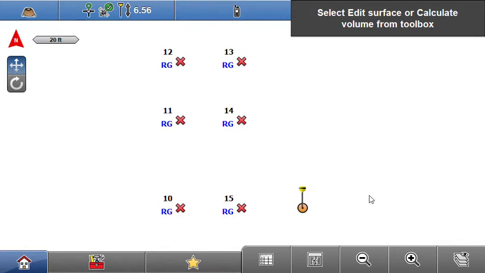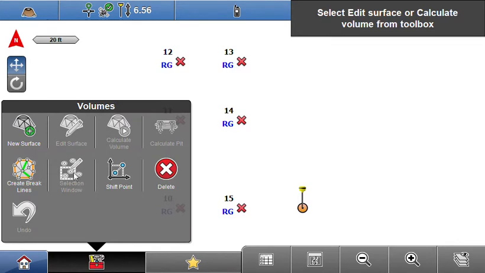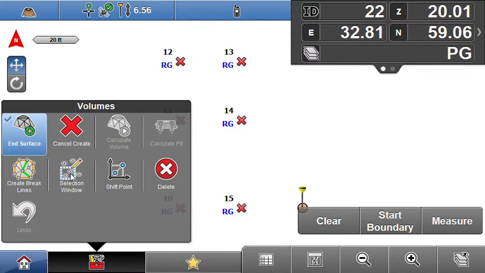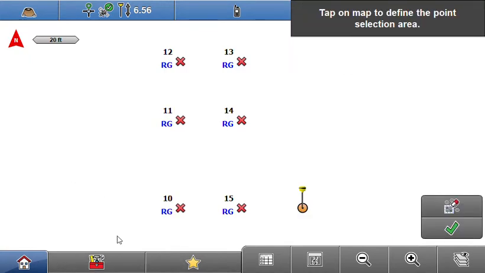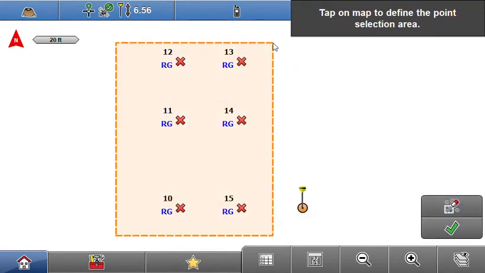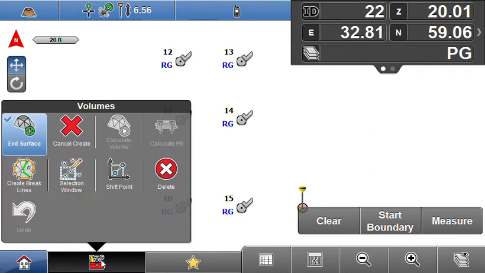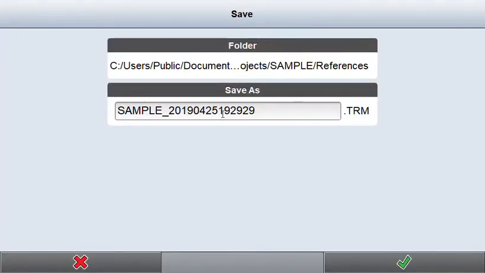So we're going to do the same thing here. We're already in volumes, and we're going to hit our toolbox again, new surface, and toolbox again, selection window, and we're going to say bottom left and top right. Obviously every job isn't going to look just like this perfect rectangle, but you get the point. So we're going to say green check, it highlights them, and we're going to hit this guy again right here, and we're going to say end surface, and we're going to call him